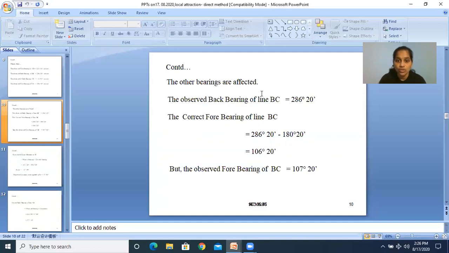Don't get confused. So the observed back bearing of BC line is 286 degrees 20 minutes, and the correct forebearing of BC line should be calculated. That is back bearing plus or minus 180. So 286 degrees 20 minutes minus 180,